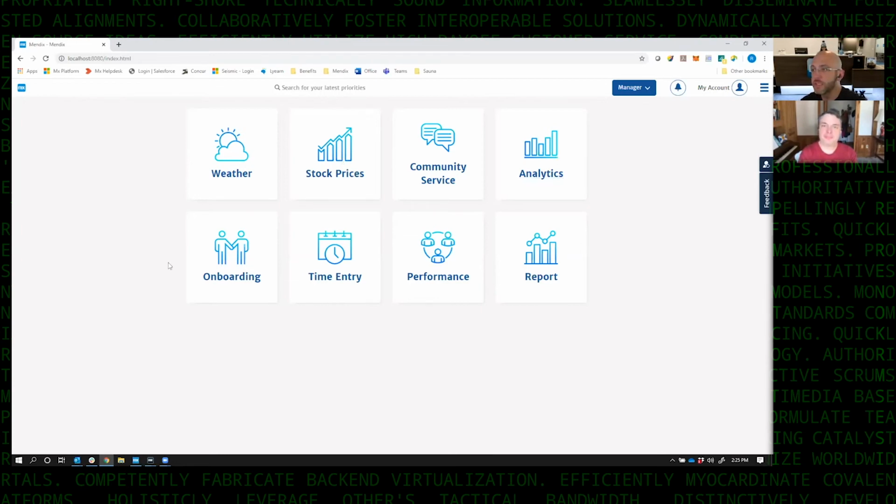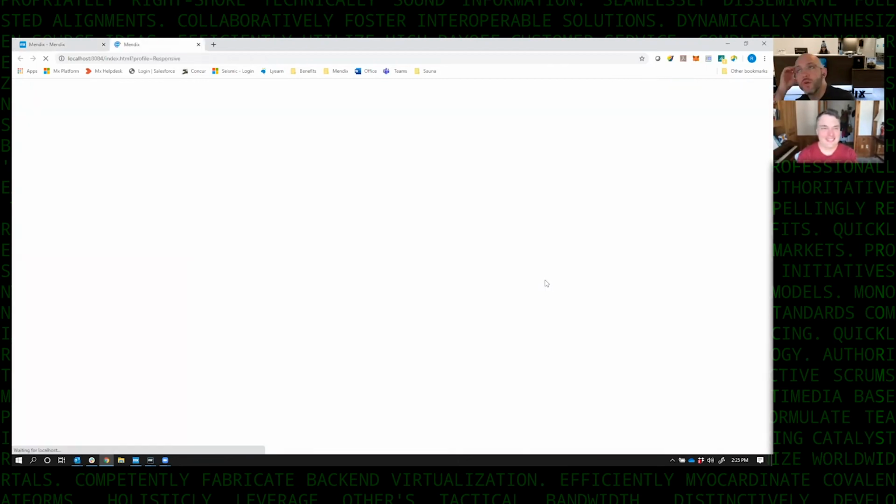Analytics, an internal Mendix app; onboarding, an internal Mendix app; time entry, external, a third-party tool; performance, a Mendix app; and in this case, a report, being a Mendix app. So we're able to create that portal and pull in all different apps. So in this case, if I click on the reporting page, this application is basically a reporting